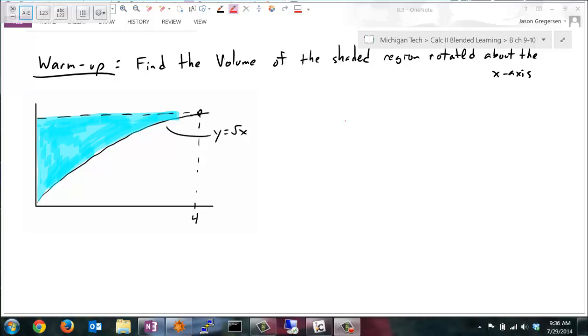Alright, so our warm-up today. Find the volume of the shaded region and rotate about the x-axis. It's a throwback, and one I encourage you to take advantage of. If you struggle, like, oh boy, I haven't done this in a while, make sure every now and then, give